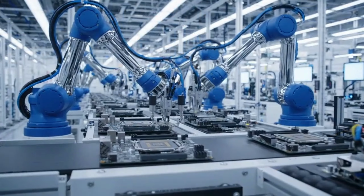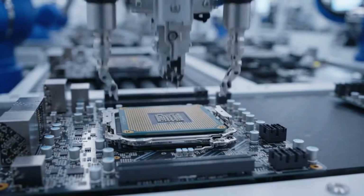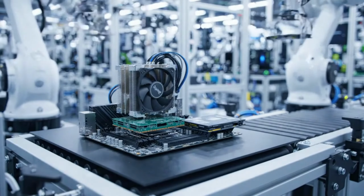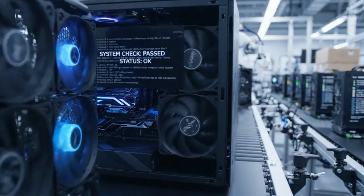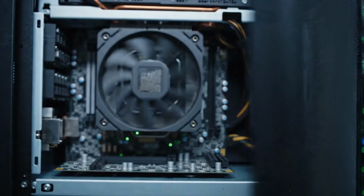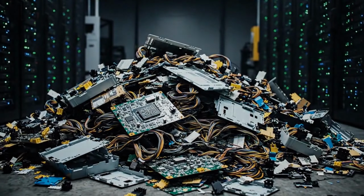Processors now become the heart of modern technology, delivering the computing power behind everything from personal computers to artificial intelligence. What began as discarded electronic waste has been transformed through advanced engineering into the powerful processors